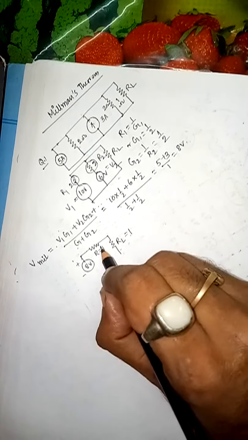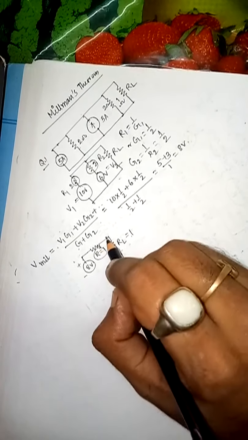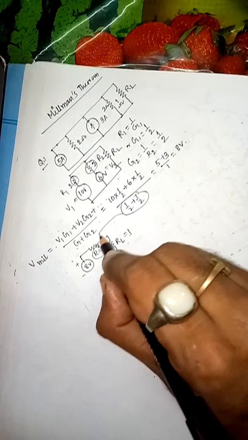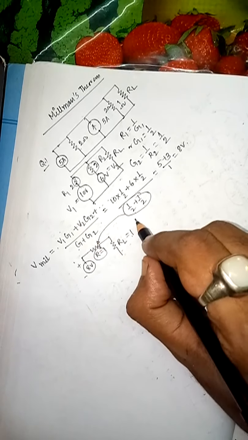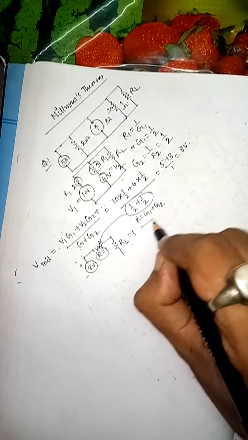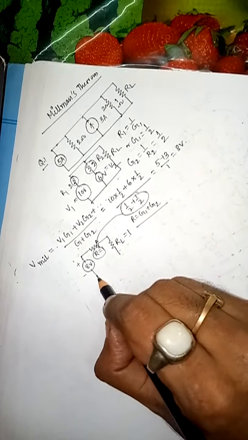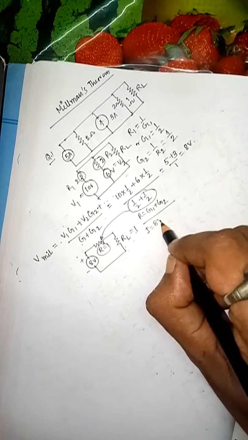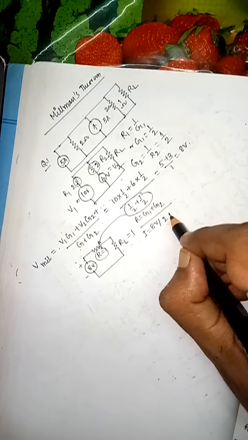Now why R equals 1? That R is simply the value of G1 plus G2, and this particular value is shifted to that R. So if you are adding them up, finally the current I is 8 volt by 2, which equals